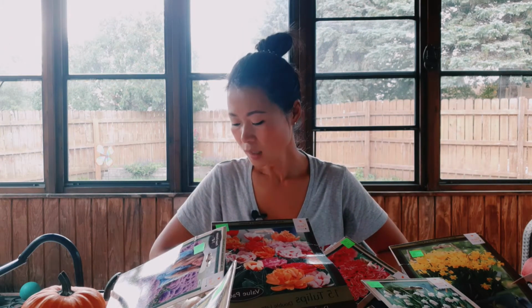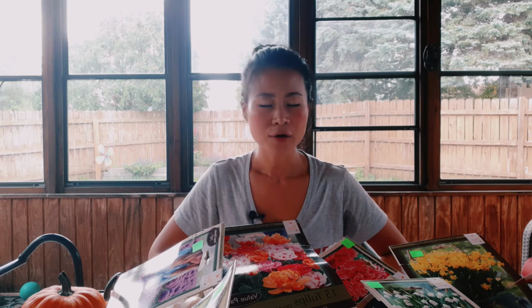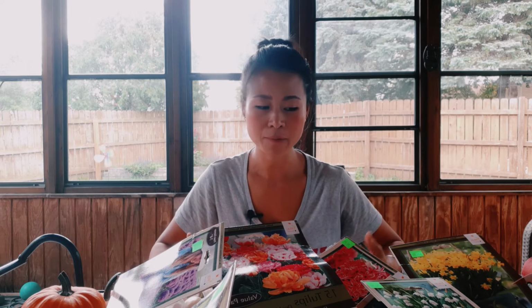Fertilizers. You don't have to use fertilizer. Naturally, if you have pretty good soil, that should be sufficient for providing all those vital nutrients to the bulbs. However, if you do want to improve the performance, to give an extra boost for your bulbs and really give them TLC for the upcoming spring,